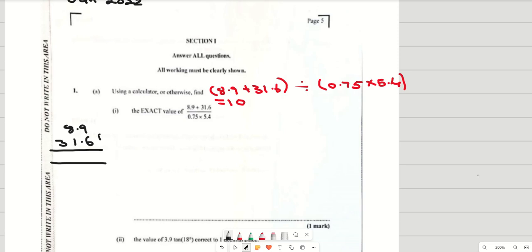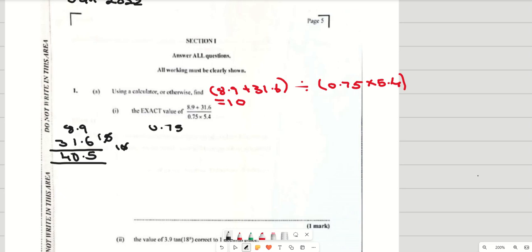9 and 6 is 15, right? 8 and 1 is 9, plus 1, plus 1 is 10. Cross out the 0, put the 0 here. 3 plus 1 is 4. So the top part is 40.5. The bottom part is